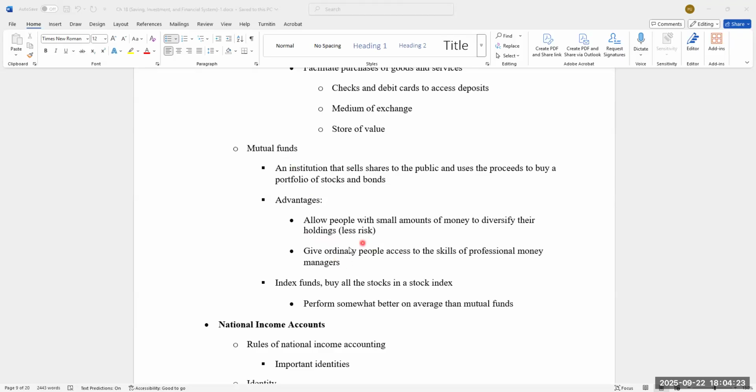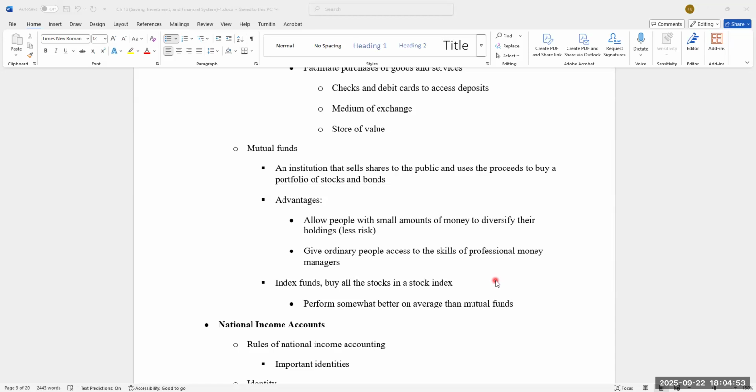And oh, by the way, if mutual funds are managed by professionals, we get access to these fancy people on Wall Street who do fancy things to try to make us more money. However, there's also a different type of mutual fund. They're called index funds. It allows people like us to buy not a professionally managed fund, but an index fund. And an index fund tries to match